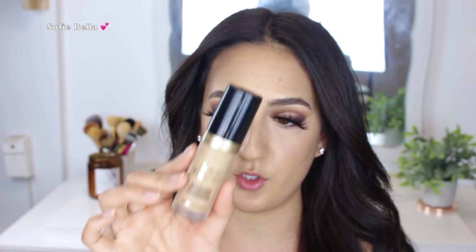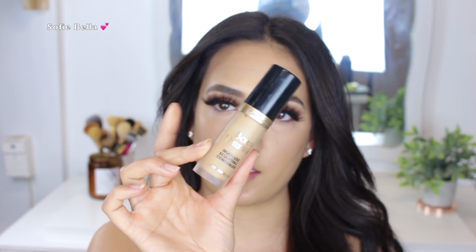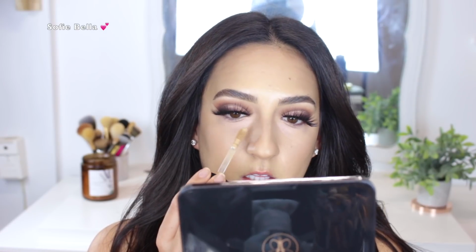Alright, so for concealer, I'm going to be taking my Too Faced Born This Way Multiuse Sculpting Concealer in the shade Warm Beige. And I'm going to be taking this one first because it's a little bit deeper than my other one. And then I'll go ahead and brighten afterwards. Just going to be applying that concealer underneath my eyes. And I'm mainly going to be focusing it next to my nose on the inner part of underneath my eye. And then of course if you have any problem areas, you could also go back in to conceal a little bit more. So I'm going to cover up my acne scars right there, and I feel like I have some unwanted darkness right here, so I'm just going to drag the concealer out